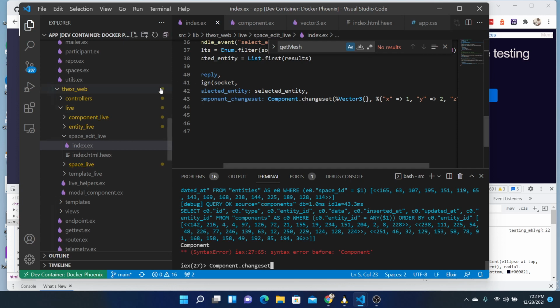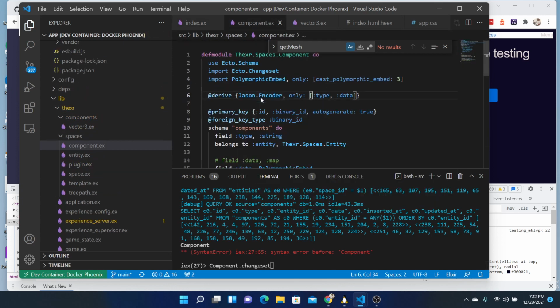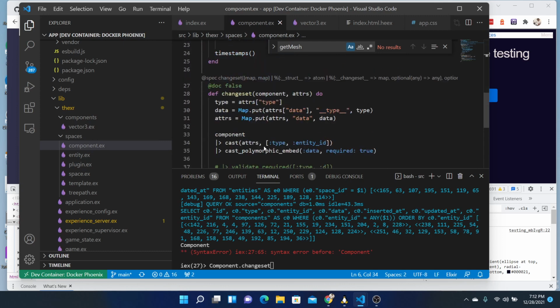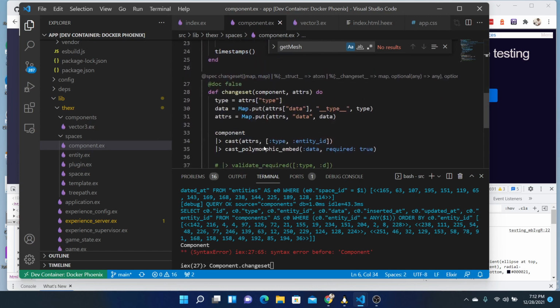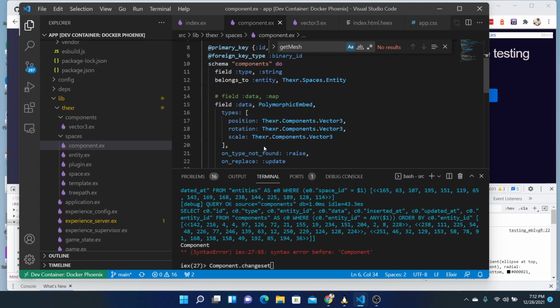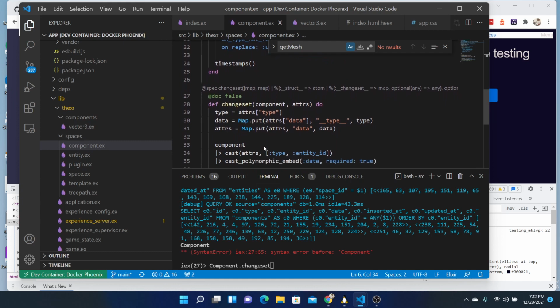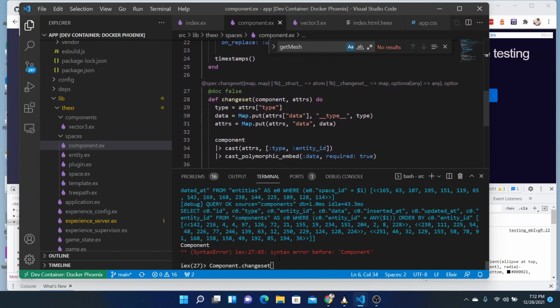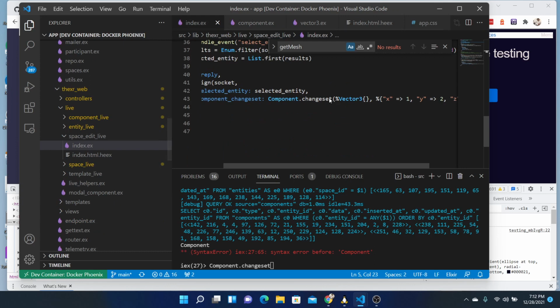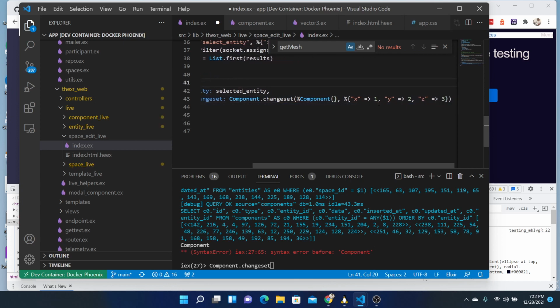Oh, component is this. It doesn't have the. No, it does. It has a change set. Component. Okay, what am I doing? Yeah, this is a component,